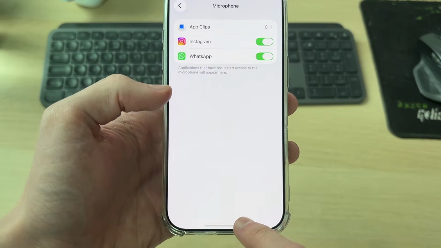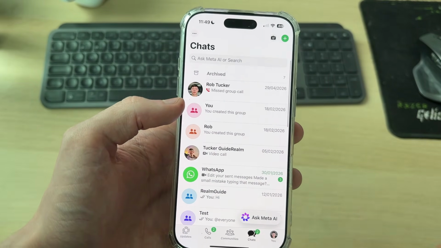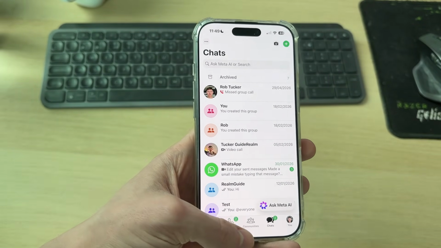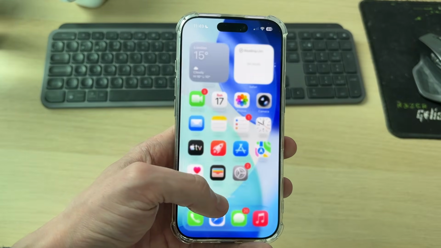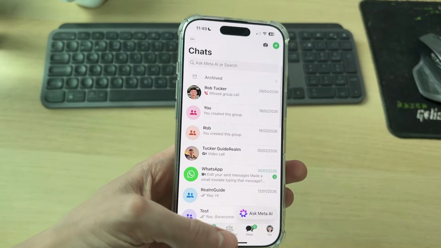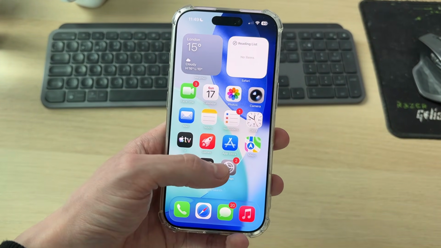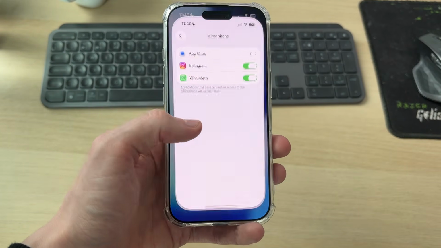So then after you've done that, you can return to WhatsApp and see if it now works. Hopefully it does. You may want to try restarting the app and then trying it and see if that solves it. If it still doesn't, what we're going to do is head to our settings again,